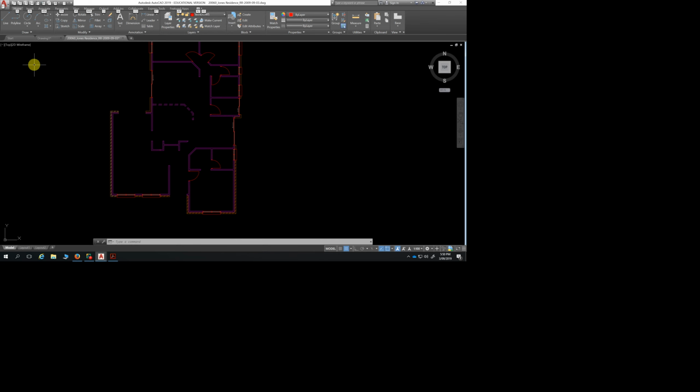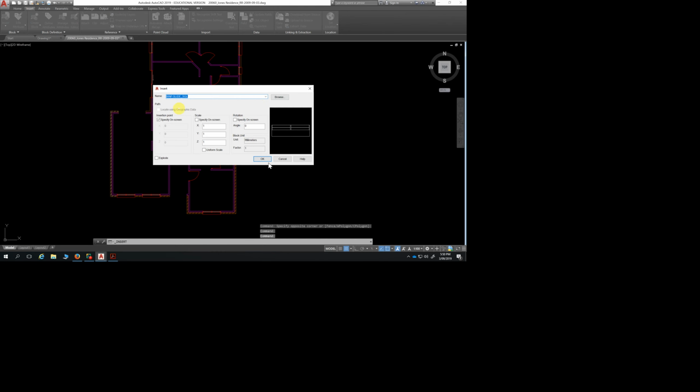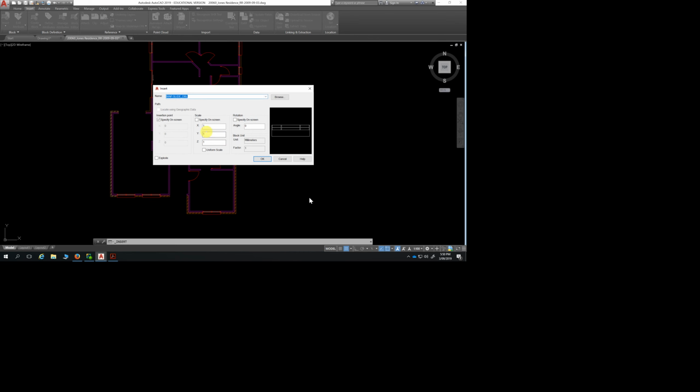So we insert that. Insert, more options, and we search for that double glazed window. So it's down here, WNP-slide double glazed, and we change the scale to 2.41, and